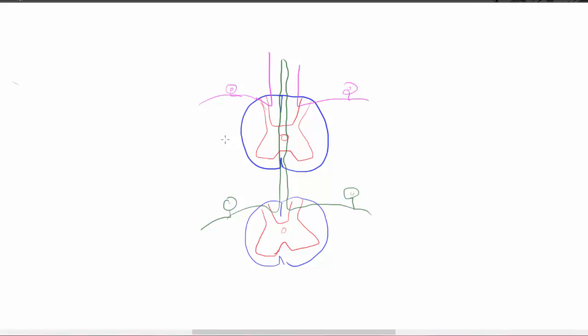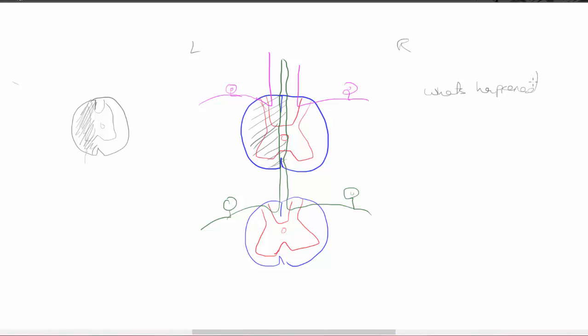Let's now talk about hemisections in relation with your dorsal column tract. So a hemisection, also known as Brown-Séquard syndrome, is if you have your spinal cord, you've essentially lesioned one half of it, so either the left half or the right half in a segment of the spinal cord. So let's say this is our left side, right side, and let's say there's a hemisection on the left side here in this segment. So two things when it comes to lesions: what's happened